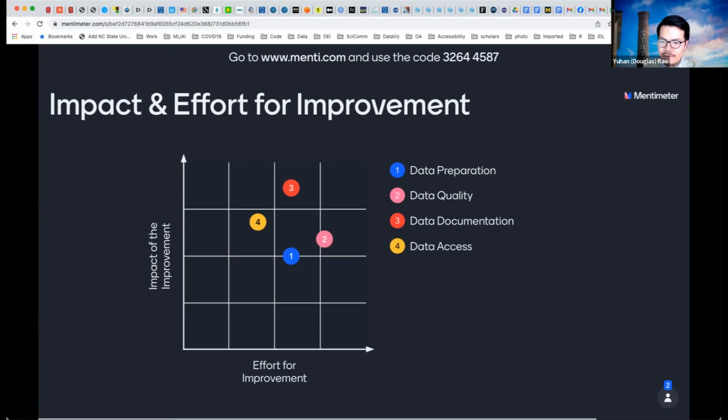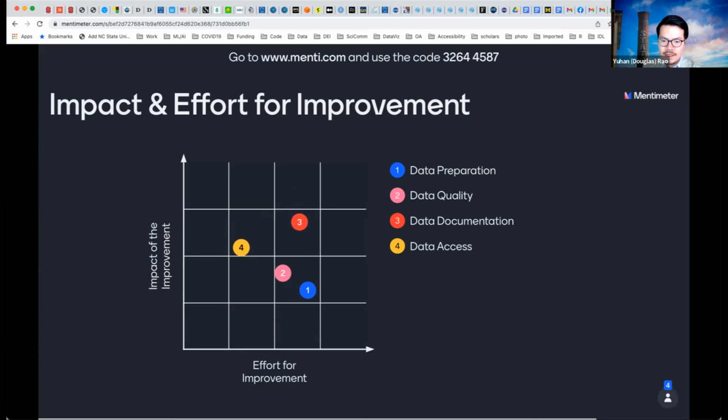So right now, I would invite everyone to go back to Mentimeter. Assuming that you have the ability to invest in improving specific sections of this data to improve its AI readiness, based on what you've heard today and what AI readiness means to you, the effort is on the x-axis and the impact of the improvements is on the y-axis.